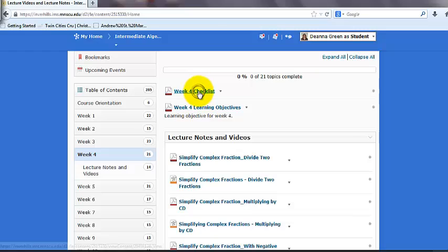They'll always have a checklist for you to go through that has all of the different things that you should complete for the week. And then the learning objectives for the week. Next will be a submodule of the lecture notes and videos that you'll need for that particular week. And you can click on the submodule, and then what you'll see over here on the right is just the